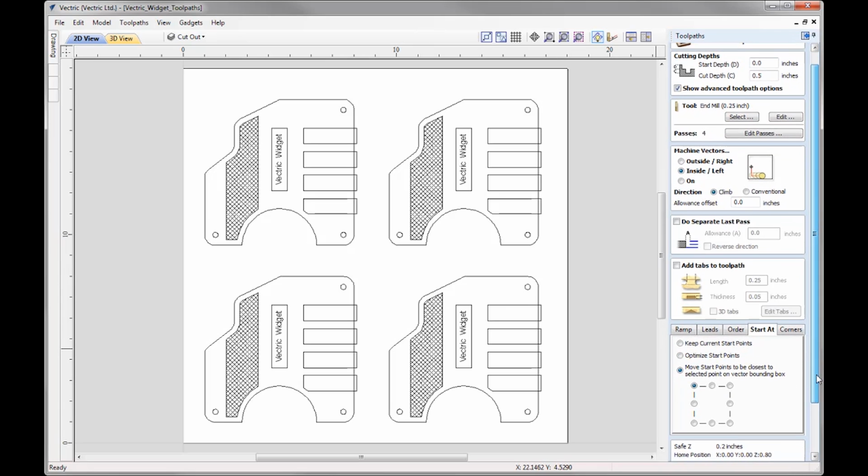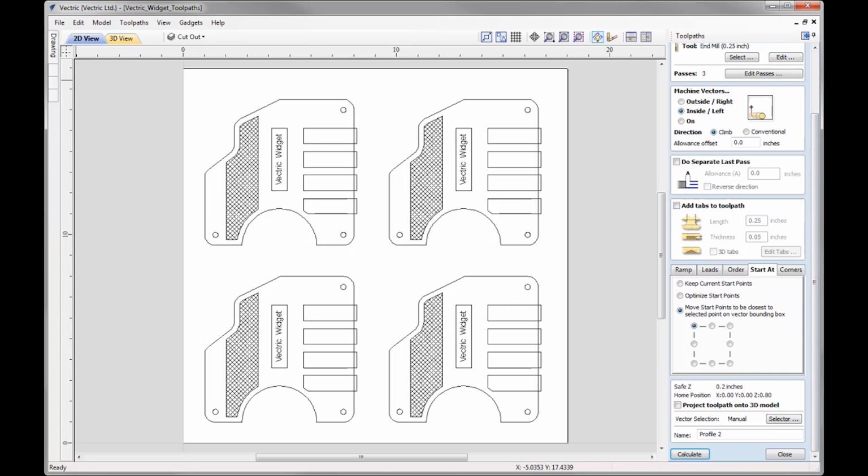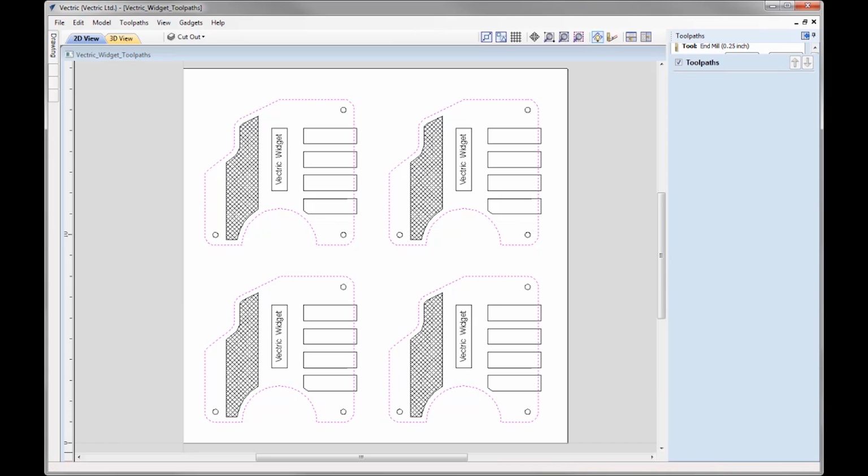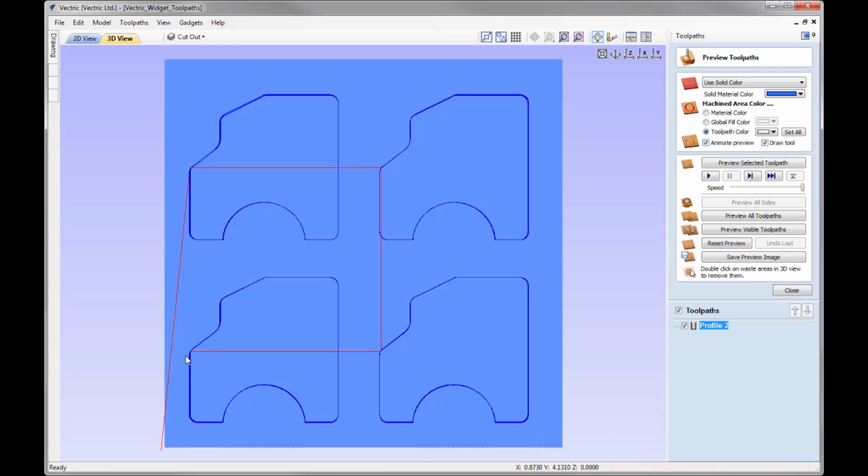If we just come down here, and then select the vectors, just the outer vectors, in this instance let's say I want the start point to be closest to the mid left side point of each one of those bounding boxes. I could simply go ahead and press calculate, and we can see it's just picking up the middle section there